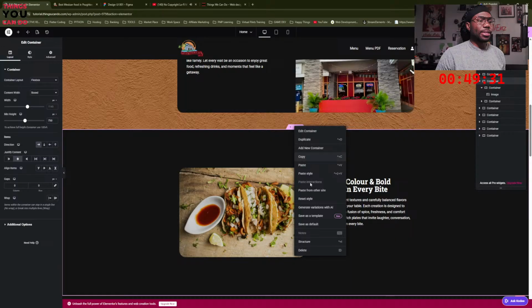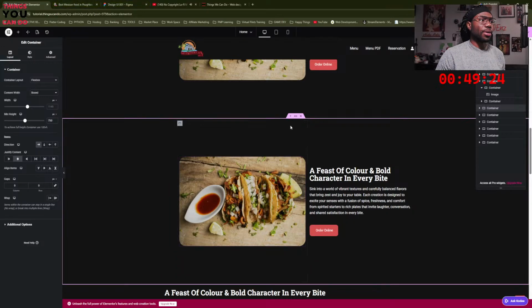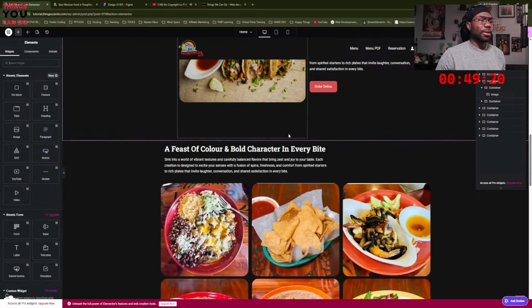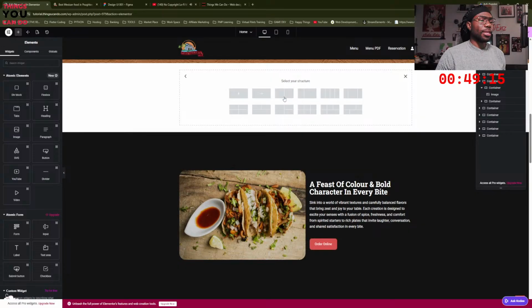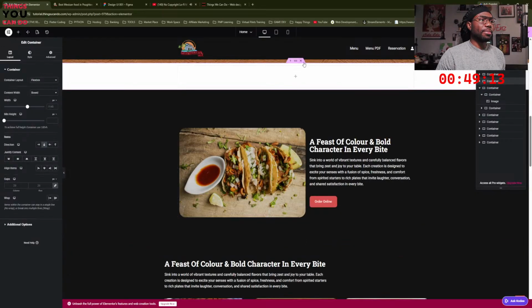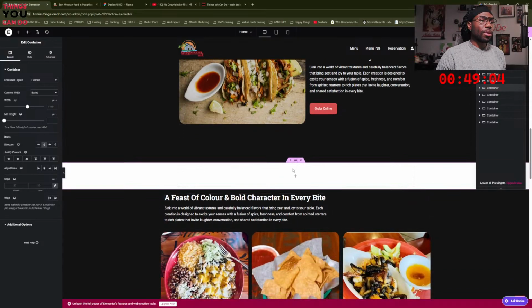All right, let me duplicate this. I think I can duplicate this section here. And so for this one, we're gonna actually, no. Let's get rid of this. What I will do is add another one. I think we're using the flex boxes. The flex boxes seem like they work out a little bit better. And what I'm gonna do is collapse that and just pull it down over here. I can't be bothered to try to pull it down over that side. And what we'll do here is add